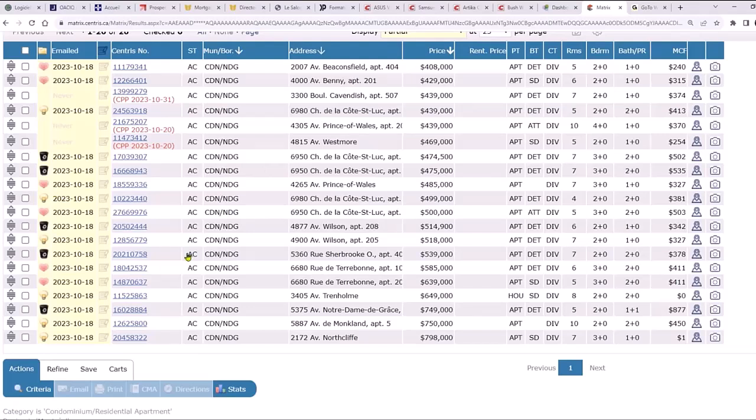So it's just another way of interacting with the client. Some people might want to just look, I marked 2 properties as favorites, forget the other ones. So you know which ones to book visits on, or which one to call and find out more information, availability, date of occupancy, or when they're open to taking a visit.